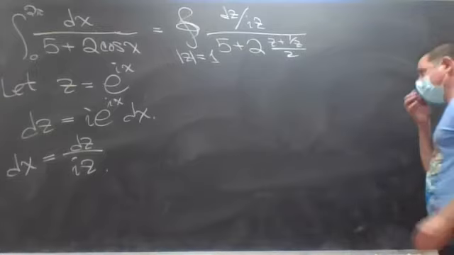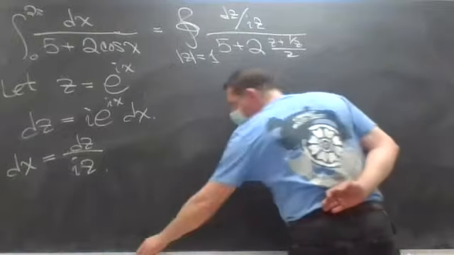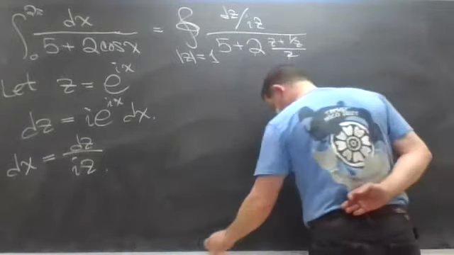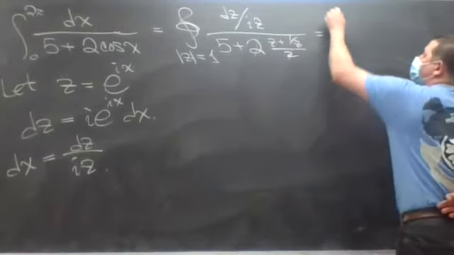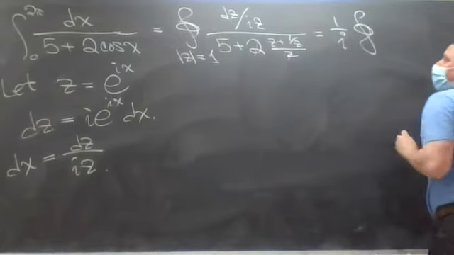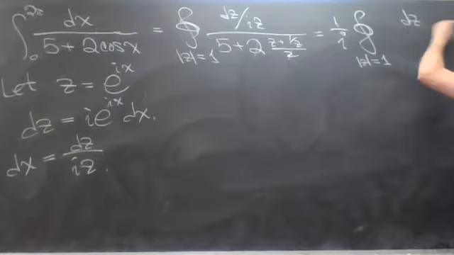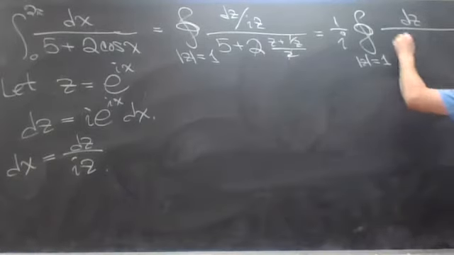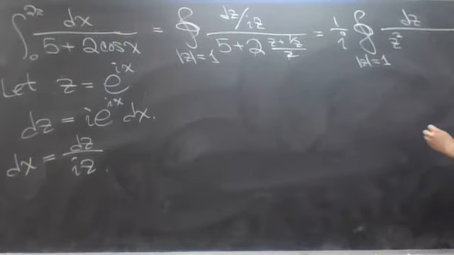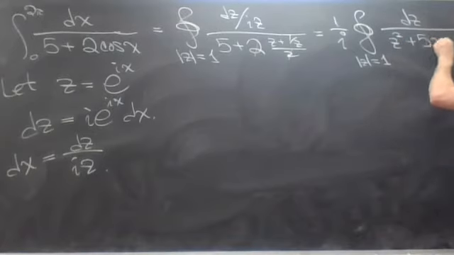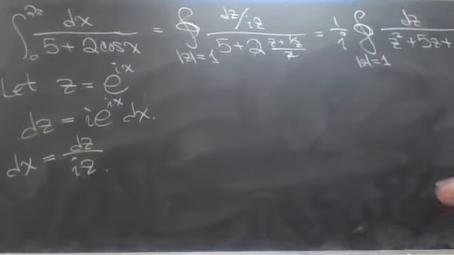Now, this 2 cancels out. I'm going to pull a 1 over i out front. And I'll have dz divided by z squared plus 5z plus 1. All right. So I've got a loop here